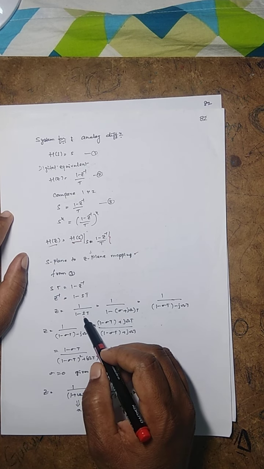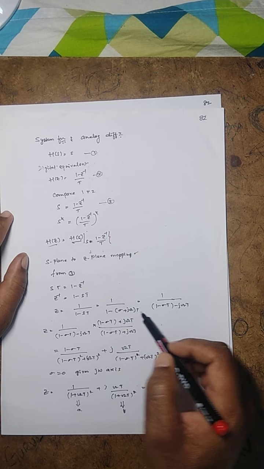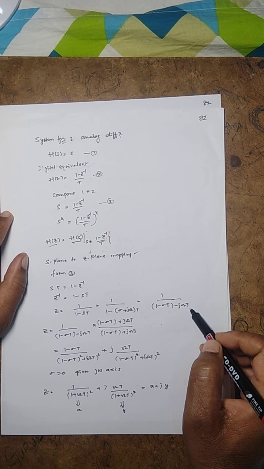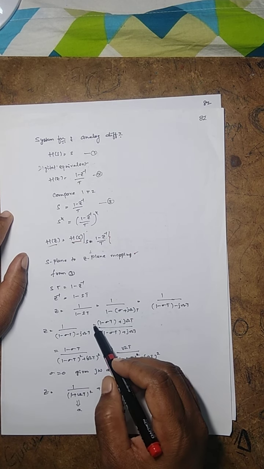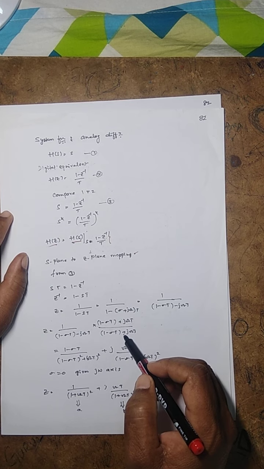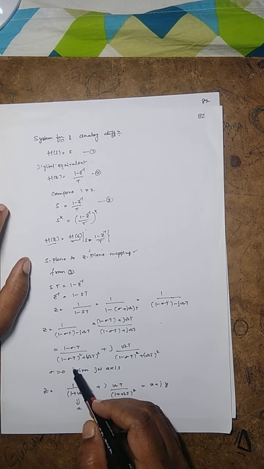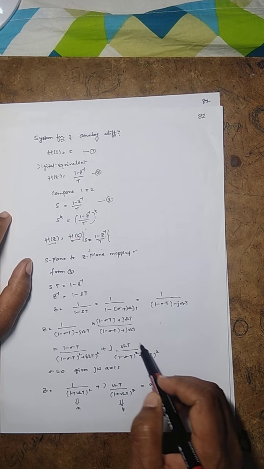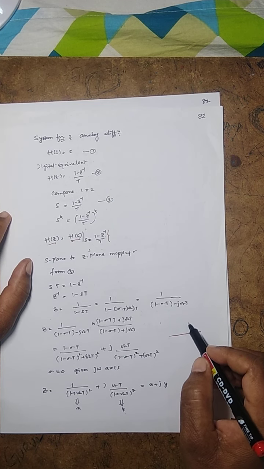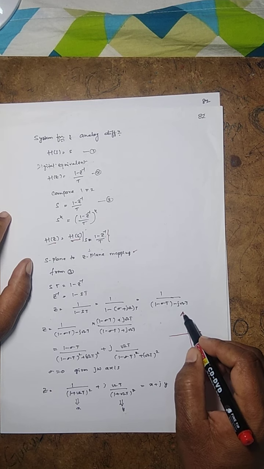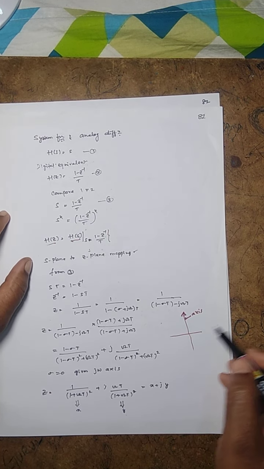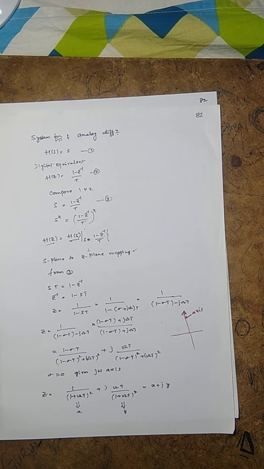Substitute s = σ + jω and we'll get this expression. Separate out the real part and the imaginary part, then multiply and divide by the complex conjugate of this term. Simplify and we'll get this expression. I am interested to know how this axis is mapped onto the z plane.